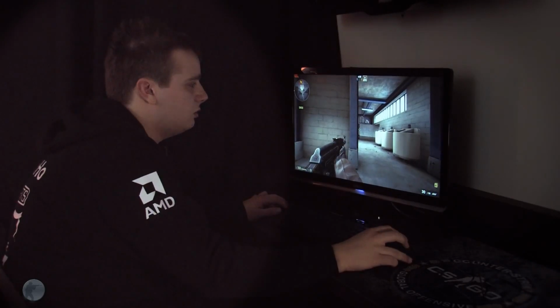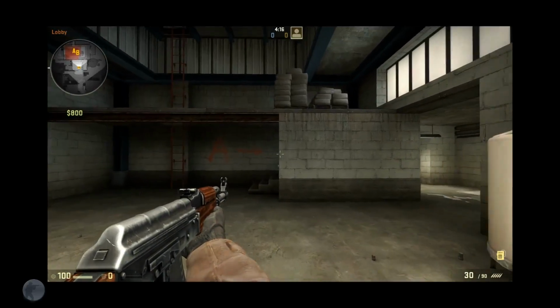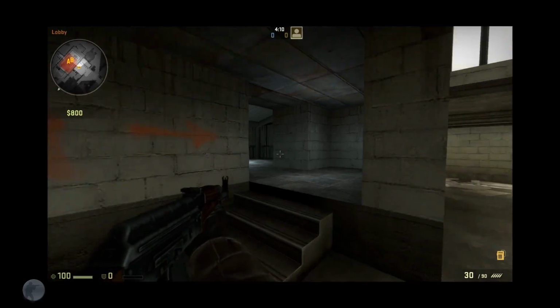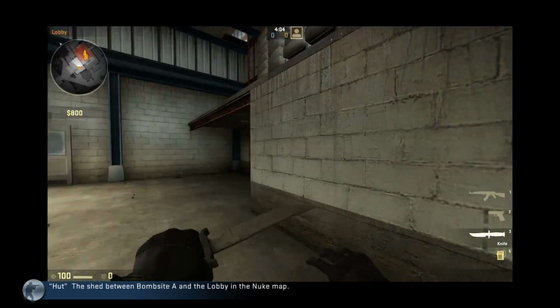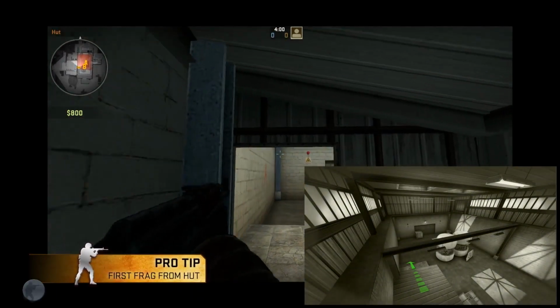This is D nuke, so if you're on the terrorist side and you're going to take A, which is the main bomb site, if you're going to come out onto the upper site here, usually you'll have your entire team rushing through this hut area, then you'll have a couple of guys coming through the squeaky door. So if you were going to be the first guy out of the hut, which is the most important role,